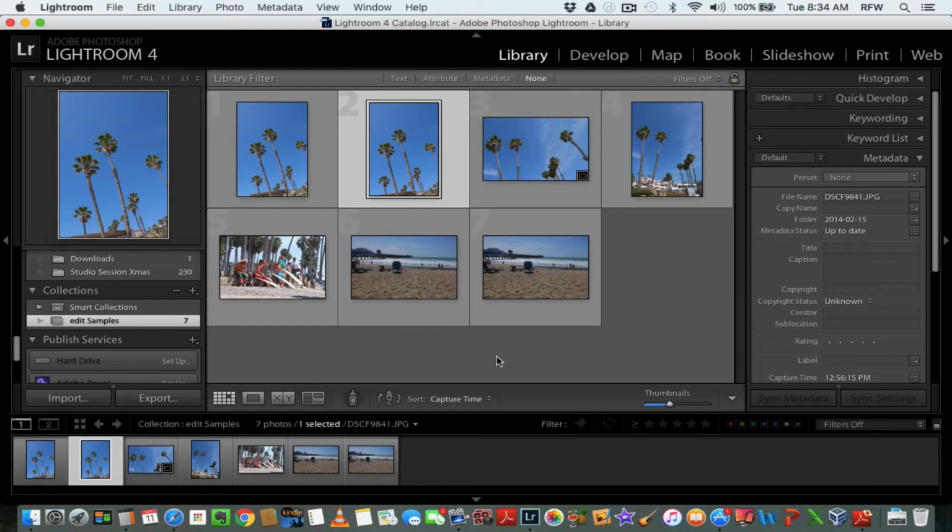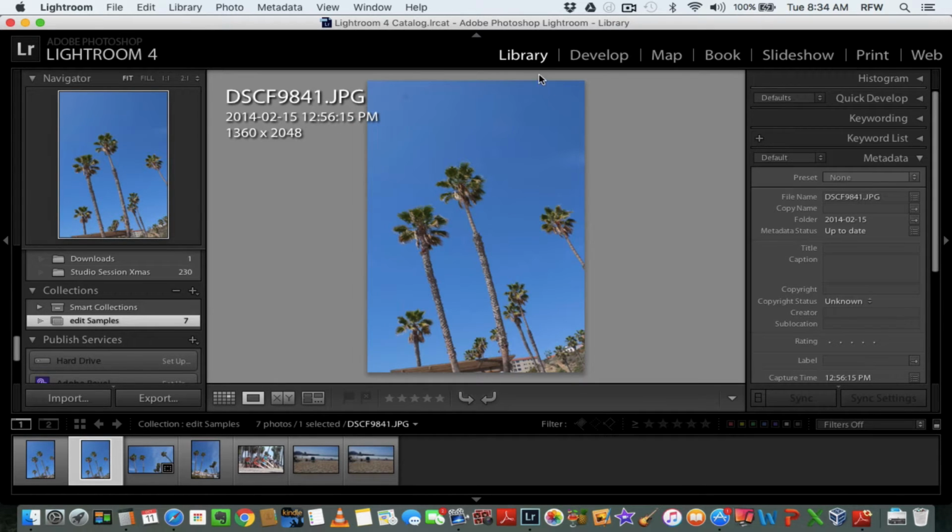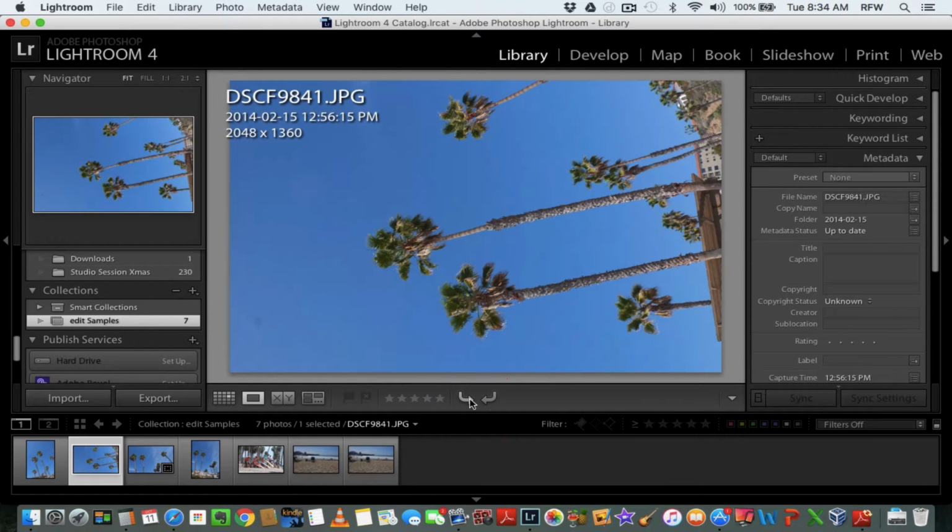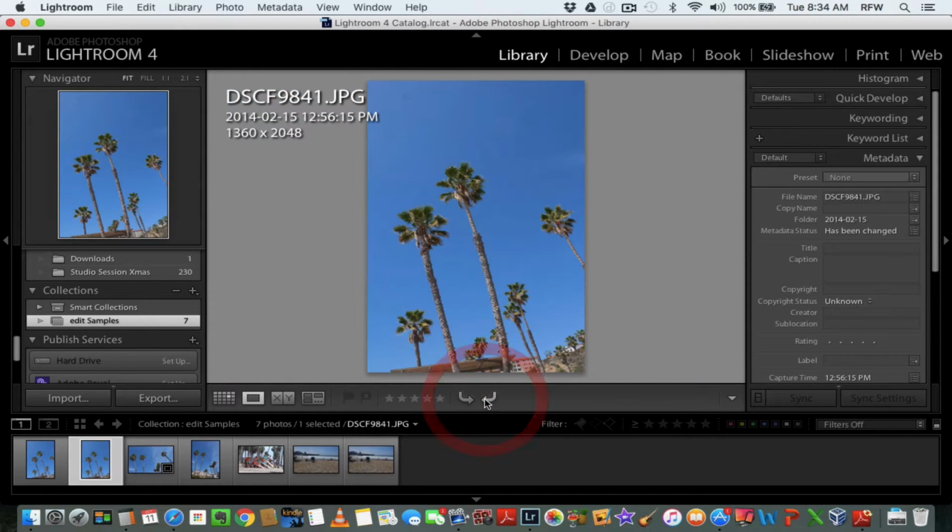Okay, we're going to look at some basic photo manipulation here, rotation, flipping, things like that for edit purposes. Let's go into a photo here. Now I'm in the library module. If I want to rotate that photo left or right, I have arrow keys at the bottom down here to